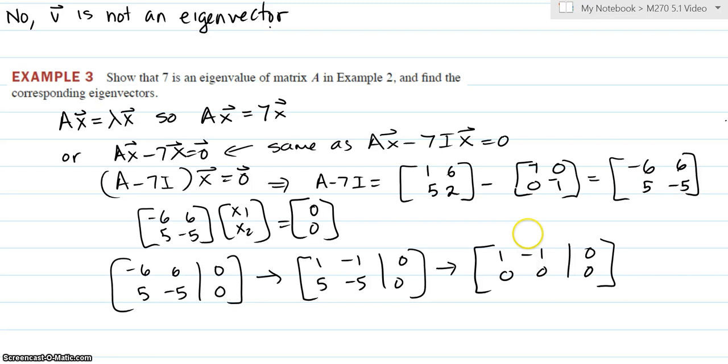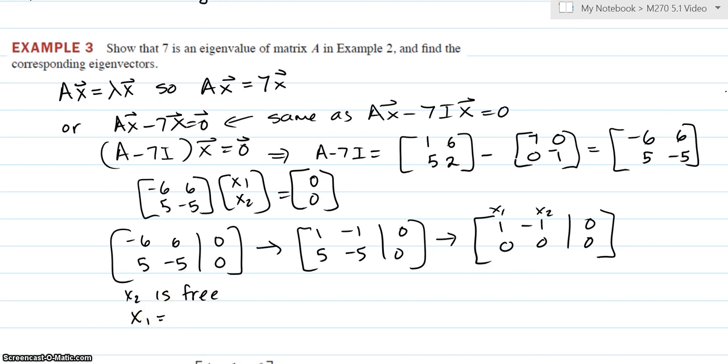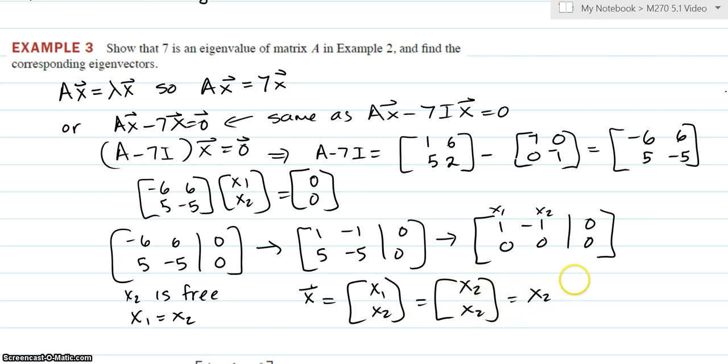And if I write this in parametric form, I know that x2 is free, and x1 is just going to equal x2. So then if I write what x looks like, x1, x2, we know that both of those are just x2. I can take out an x2,